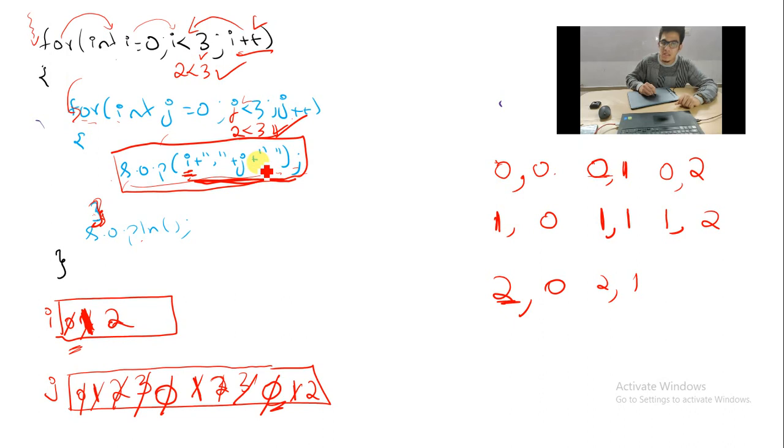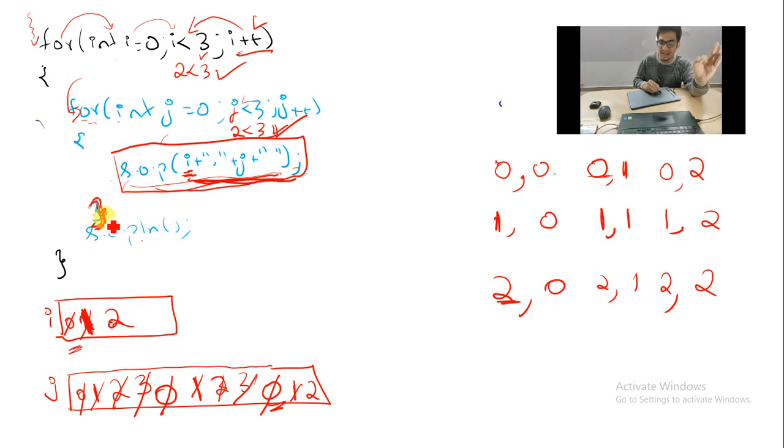If the condition is true, execute this SOP statement. Print the I value. What's the I value in the memory? It is 2. Comma. What is the J value in the memory? That is also 2, right? Both I and J values are 2 and 2. You have printed this. So what will happen? Closing bracket. Watch here carefully. This is the point where you have to understand.